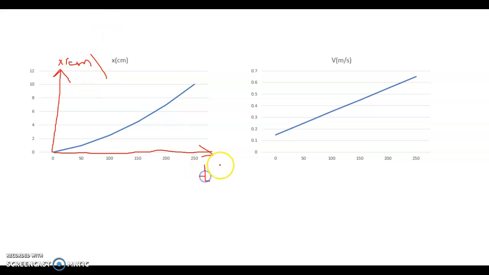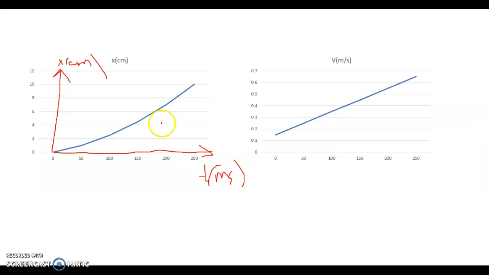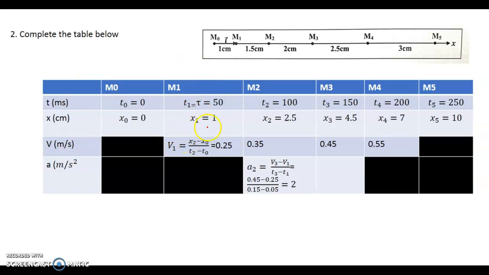T here is in milliseconds, and as you can see, as expected, this is a parabola starting from the origin, because the type of motion is uniformly accelerated rectilinear motion. You will see that v is increasing and a will be constant, so v is increasing at the same rate. So this is UARM, and as we plot x by considering the obtained values here, taking a convenient scale,